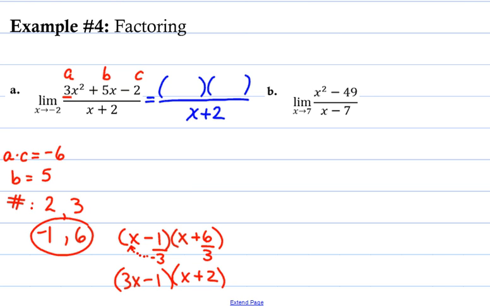Now that I have my binomials, I can put them into my parentheses up here. So 3x minus 1 and x plus 2. Now, this is called dividing out for a reason. If you notice, on the top I have an x plus 2, and on the bottom I have an x plus 2. And since this is being multiplied, I can actually get rid of both of those x plus 2's because they divide each other out. And then I'm left with